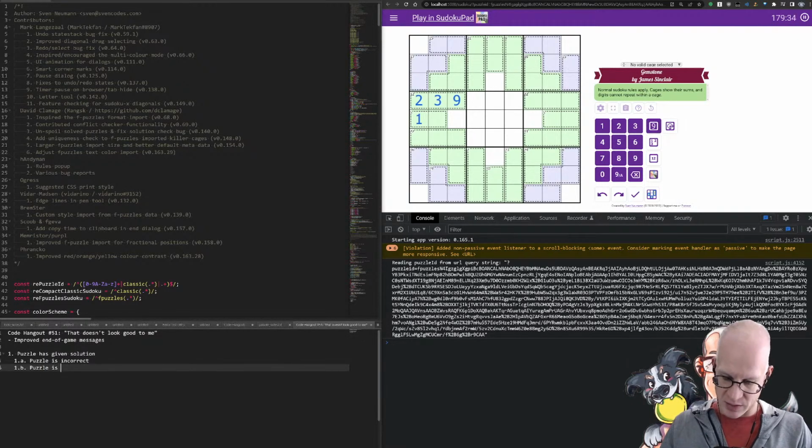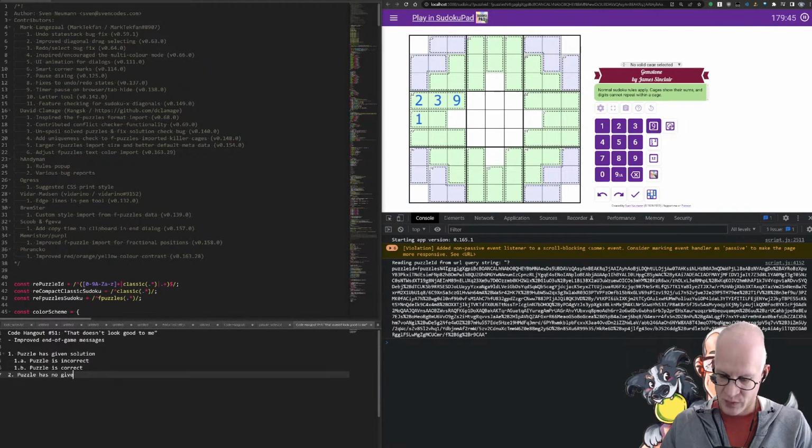These messages should be fairly clear. 2. Puzzle has no given solution, but the conflict checker is active. So this is basically most like the standard Sudoku that we currently see.